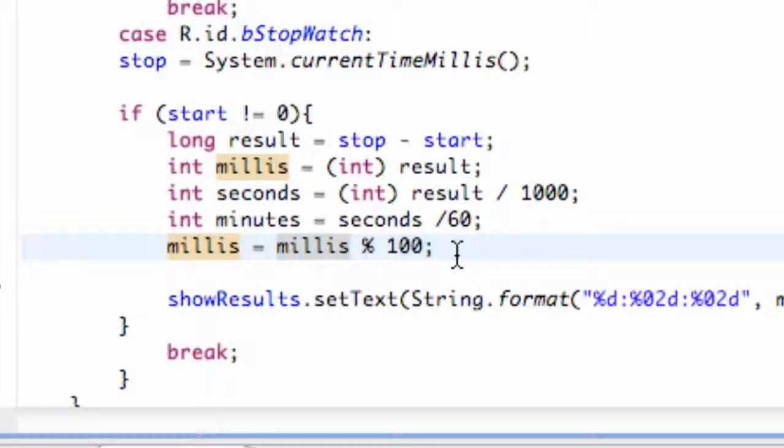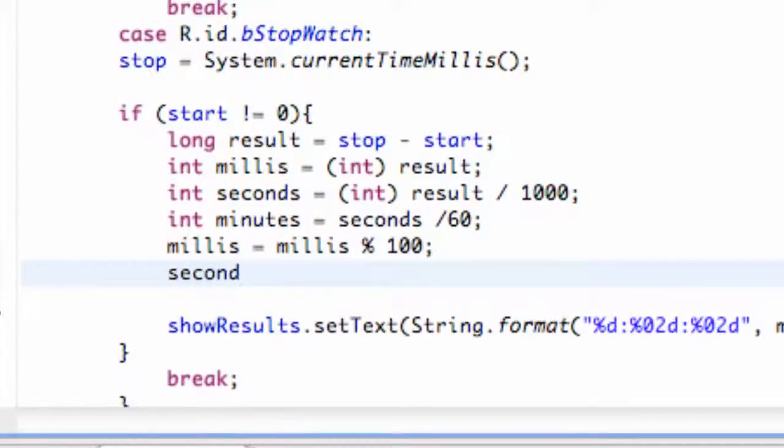I don't know if that makes sense, but we're also going to do that for our seconds. So we're going to say seconds equals seconds, and take the remainder of